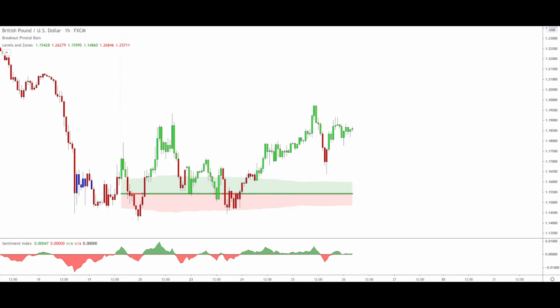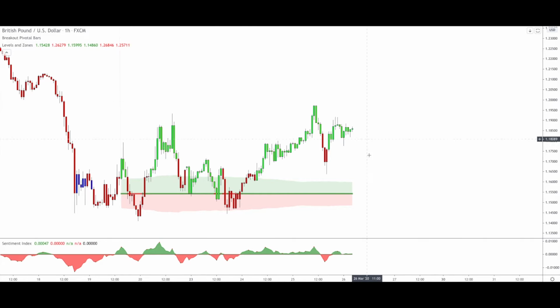Today we are looking at the British pound versus the US dollar on the 1 hour time frame. We are using for this analysis three indicators: the breakout pivotal bars, the levels and zones, and the sentiment index down here at the bottom. The main setup will be made up by the breakout pivotal bars and the sentiment index, so just two indicators. The levels and zones is used for extra confirmation, in this case for the macro analysis on